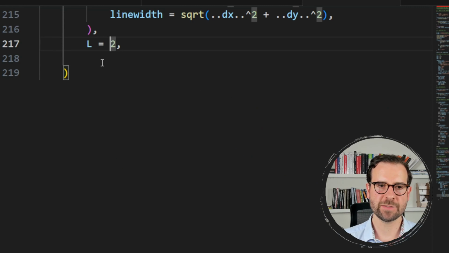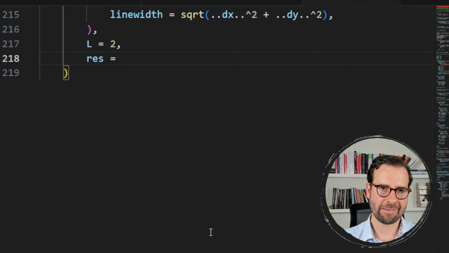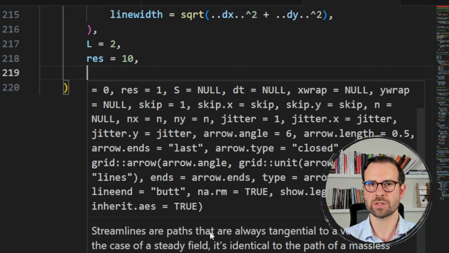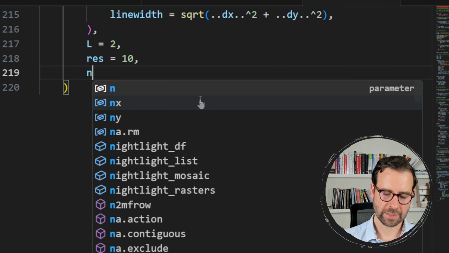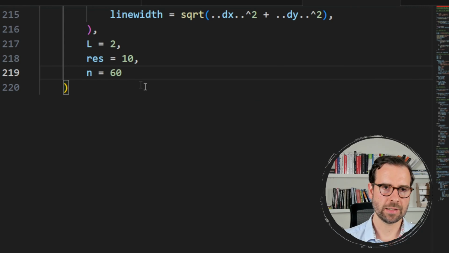You can also specify the resolution, so how crisp this is going to be. And here, I think the default one is 2, but I'm going to go for 10. If you find this too slow, so you cannot save your image, go ahead and choose a lower number here. Here you can also choose the number of the points that will be passed to create the streamlines. I go for 60. So the higher the number, I would say the crisper those streams are going to look